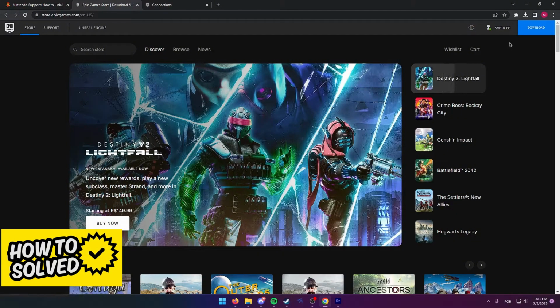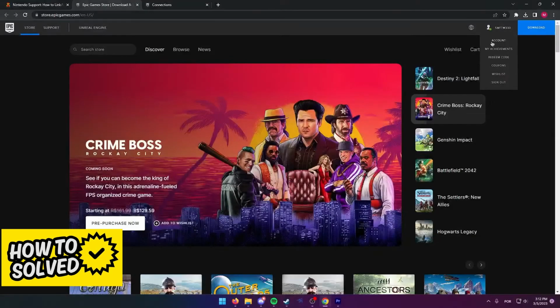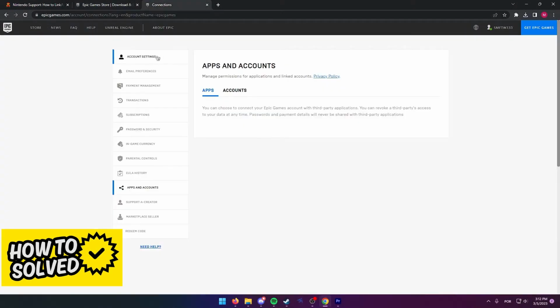After you are signed in, simply hover over your name at the top right corner of the screen and select Account from the drop-down menu. You will be redirected to this page, Your Account Settings, and you simply have to select Apps and Accounts from